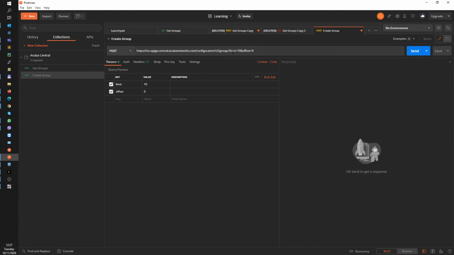So in order to create the group, the endpoint is this without the end parameter, so we get rid of the end parameters. Now if we save this, this changes to post here. In order to create a group, we need to paste in a body,